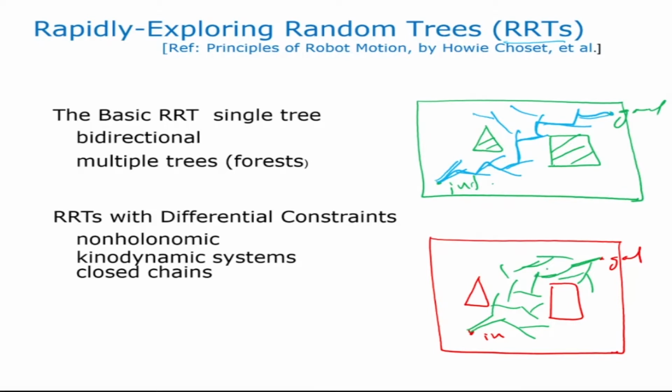So both the trees are meeting in between, and what we can do is search for a path which will take me from the initial point to the goal point. There can be one path, there can be more than one path. Okay. So what we see is in this